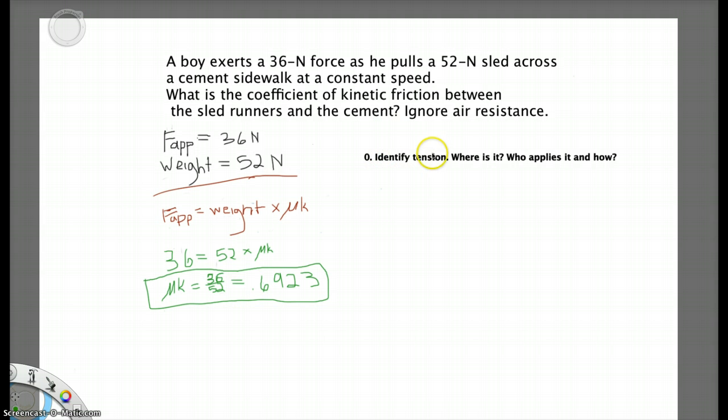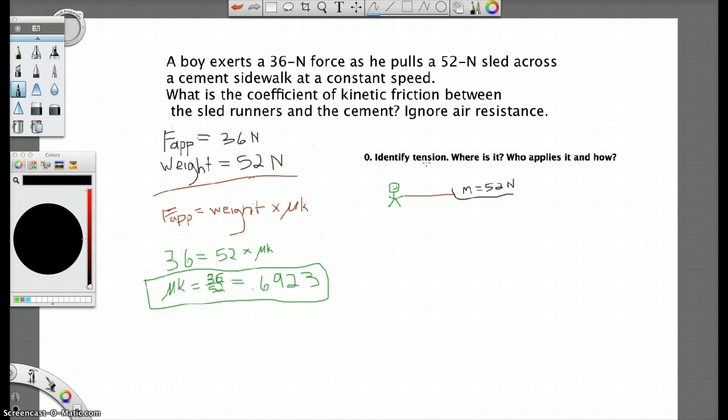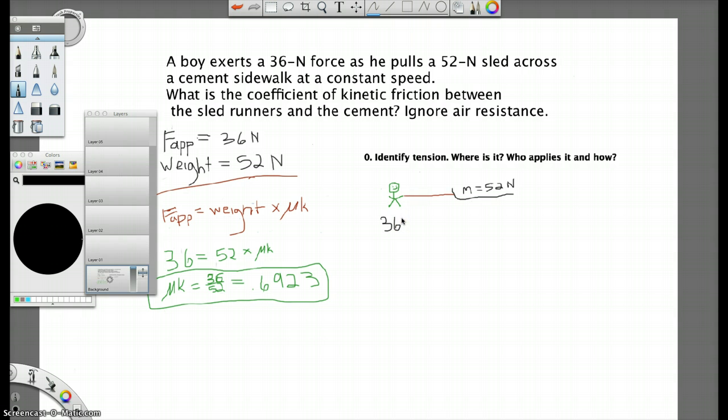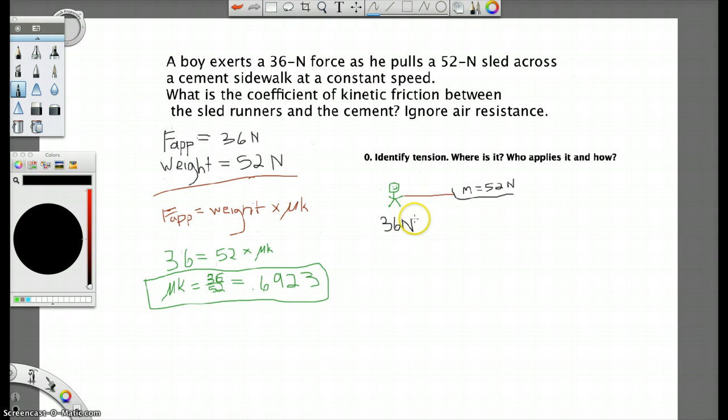Next, we are asked to identify the tension, where the tension is, and who applies it, and how they apply it. In order to solve for this problem, I drew a diagram. This is the person pulling and exerting a force of 36 newtons to this rope. Apologize. Let me get rid of this. He's exerting it to this rope, but